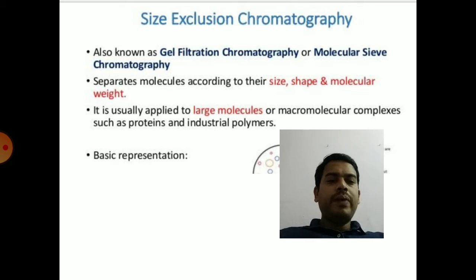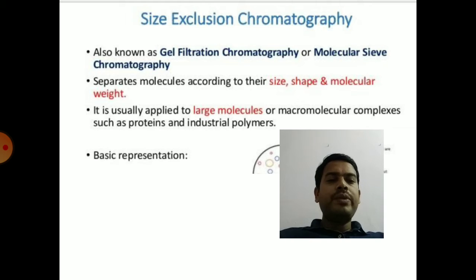Every solute particle or protein molecule to be separated is made up of amino acids, and it will be existing in a particular shape and structure like primary, secondary, tertiary and quaternary structure. So it will have a specific size, shape and molecular weight. For example, the classification of proteins based on shape: globular and fibrous proteins. Fibrous proteins are long and elongated, whereas globular proteins exist in a three-dimensional structure, giving a globule-like oval shape.